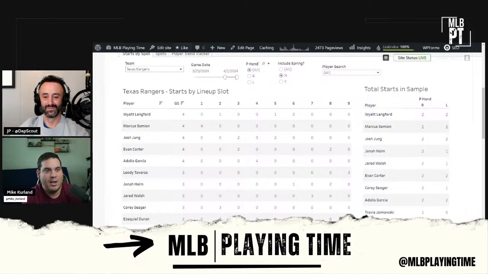But I do think Carter is a risk to lose playing time eventually. I don't think he's ever going to be a strict platoon guy. But last year, they called him up, and granted, it was down the stretch, but Carter came up and never started against a single lefty. In the playoffs, he didn't start against a single lefty. His first lefty he started against at the major league level was this year, after getting called up last year. So I was a little concerned.